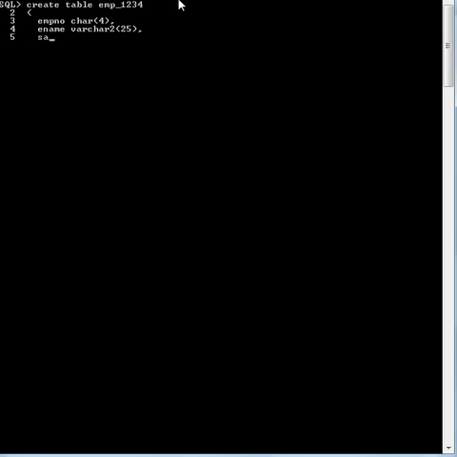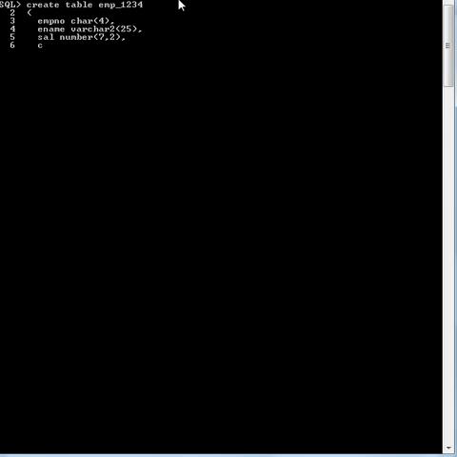Then another column is salary, its type is number 7,2. It means its size is 7 digits, and it will take 2 digits after the decimal point.